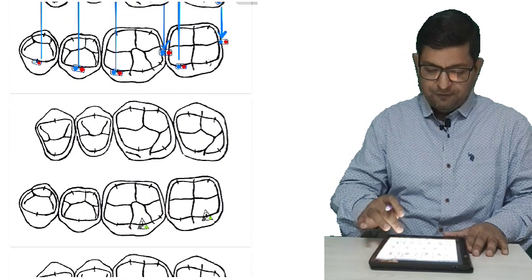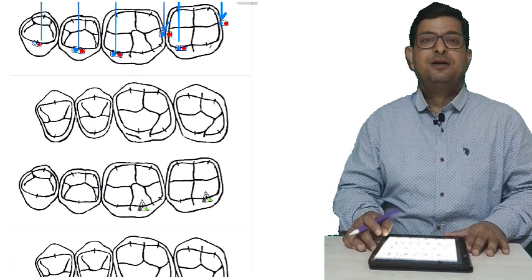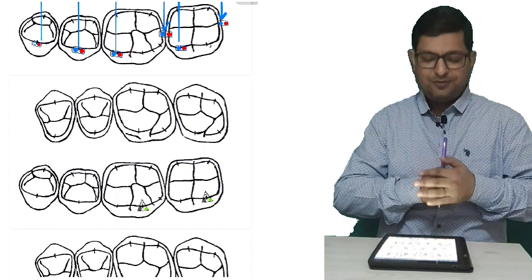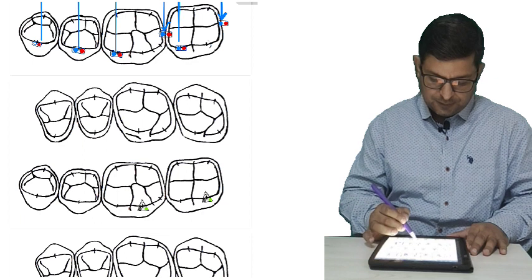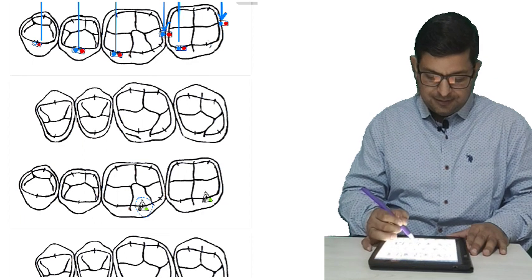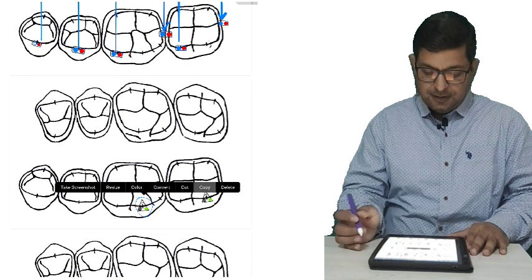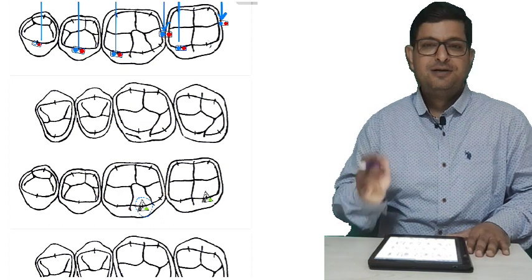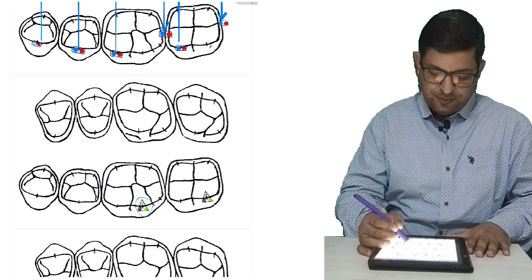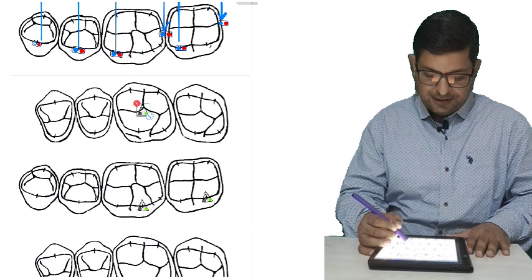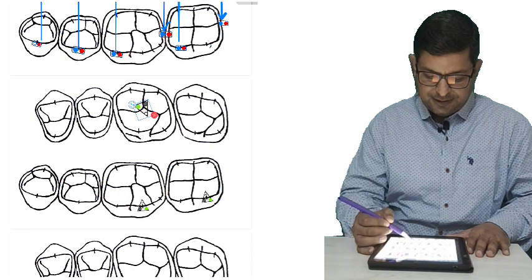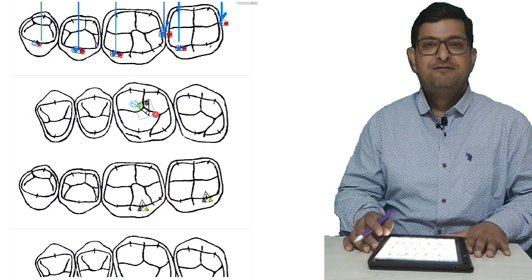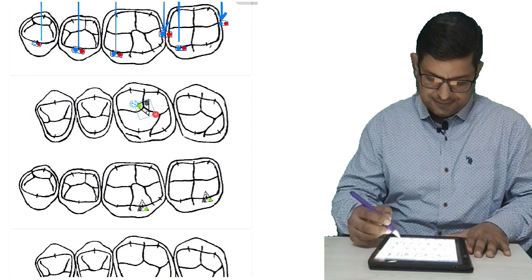Now we will shift to the 3-point tripod contact. Tripod contact helps in mashing the food. Now we will talk about the distobuccal cusp of the lower first molar, or you can say the distal cusp also, which will go and occlude in tripod contact with the central fossa of the upper first molar.